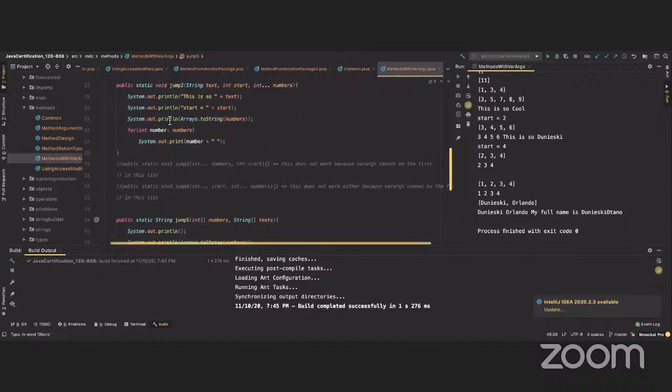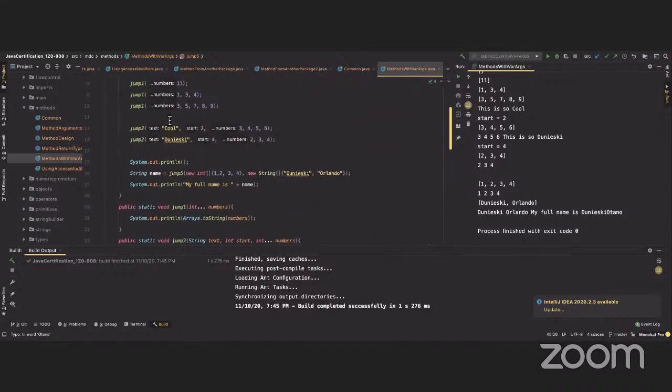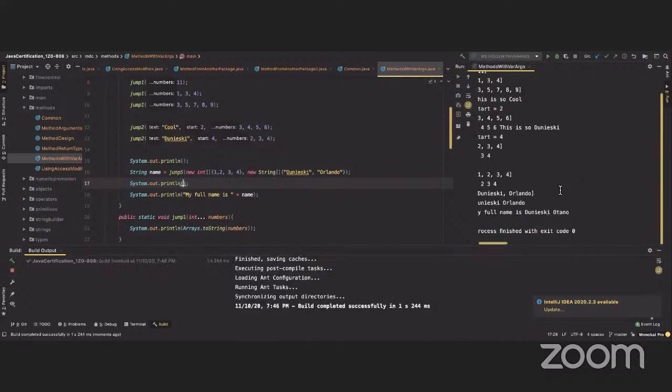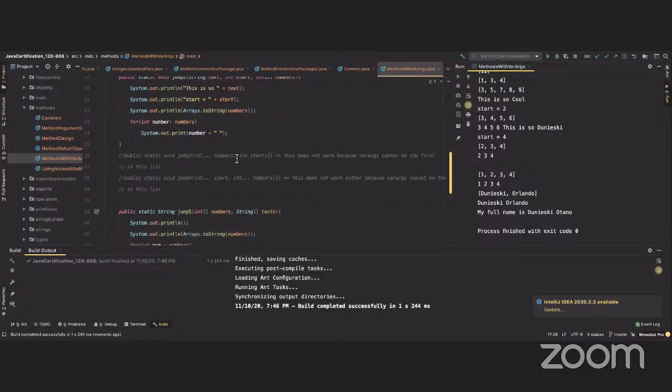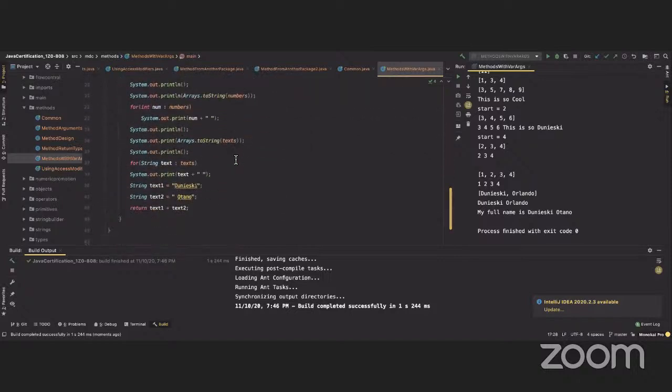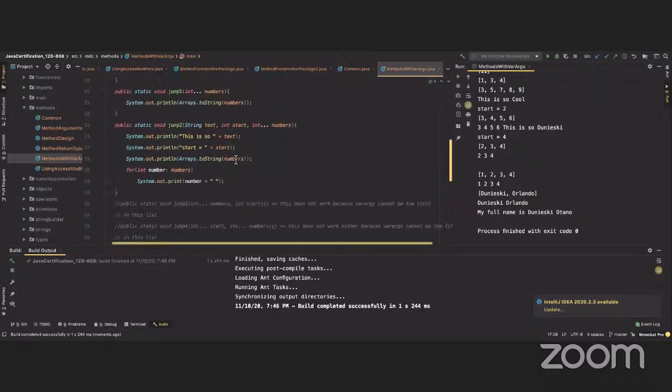Now I'm going to put this out before this print here. So it's just beautiful in the next line. My full name is Duniez Quintano. Whenever I return something, there has to be another place that catches that return, and that's going to be a variable. Or I have another